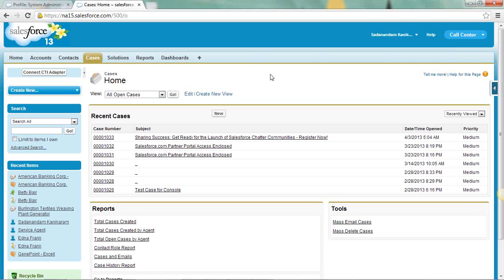And then as we go and try to do the customizations, we will come up with scenarios. For example,